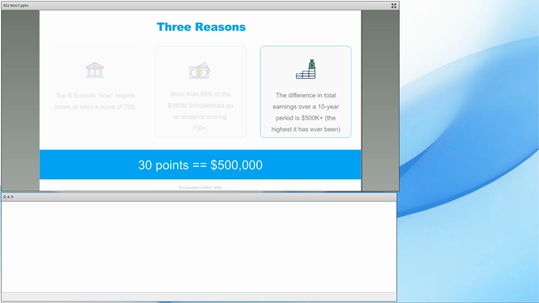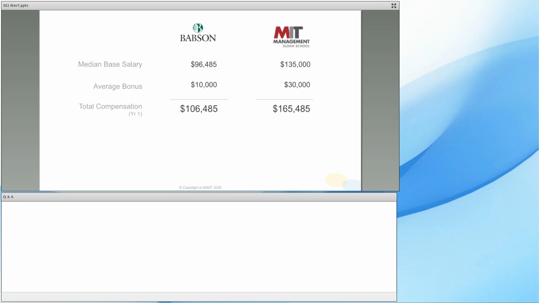The third reason, probably the most important reason, is the delta in total earnings. And this is probably the most ignored reason that's there. To demonstrate that, what I'm going to show is data from 2 schools. One is Babson, and the other is MIT Sloan. Both of them are based in Boston. They're about 20 miles apart, and about 60% of the class that graduates from these schools